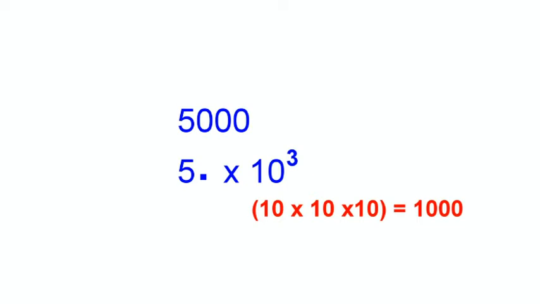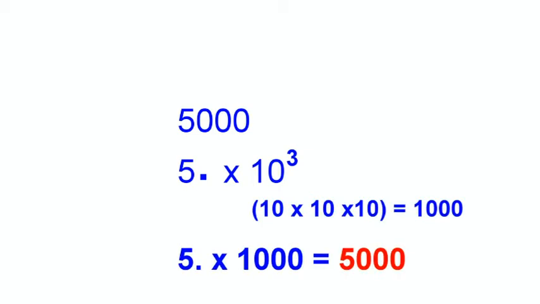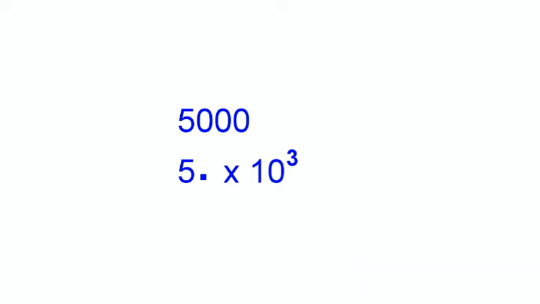Notice that 10 to the third power is 10 cubed, which is 10 times 10 times 10. And that equals 1,000. And 5 times 1,000 equals 5,000. So what you see on the screen are two different ways of writing the number 5,000. But what if we have a number like this,